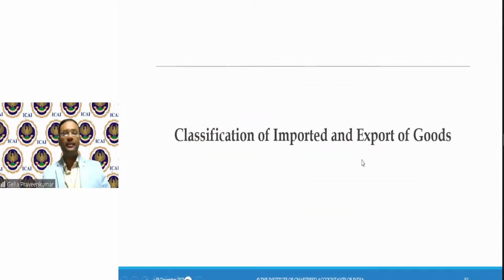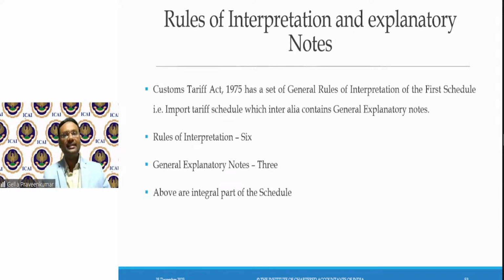Moving on, classification of imports and exports. This is not in your syllabus; it is only for understanding. The Customs Tariff Act has 6 rules on how to classify a particular commodity.